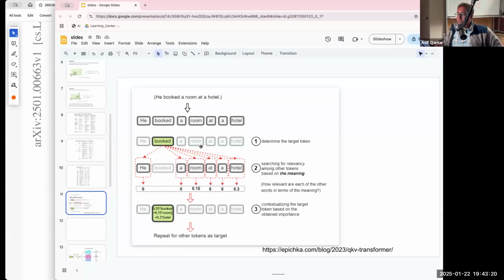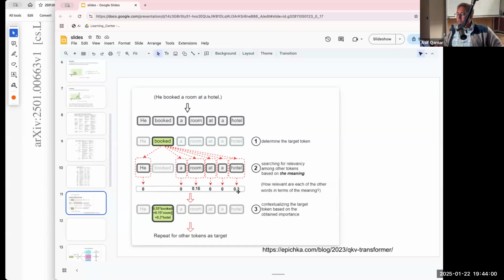See, this is a very simple example. At the end of the day, imagine that over time, after looking at all examples from the internet or from the source, right? The learnable matrices called Q, K, and V are part of the transformer architecture. And then as the input comes in, it's able to figure out that the word booked is related to hotel with some score, here a very crude example in terms of numbers.